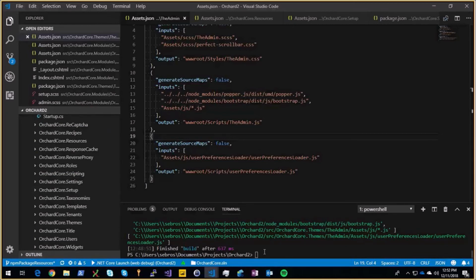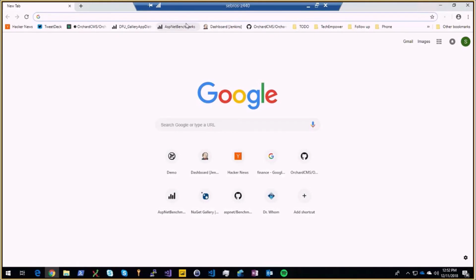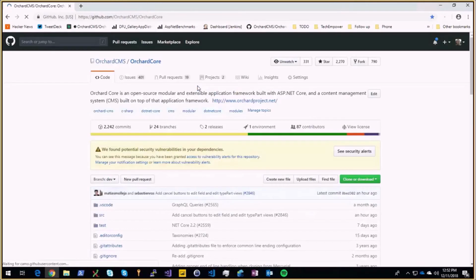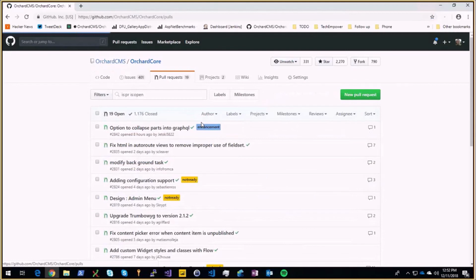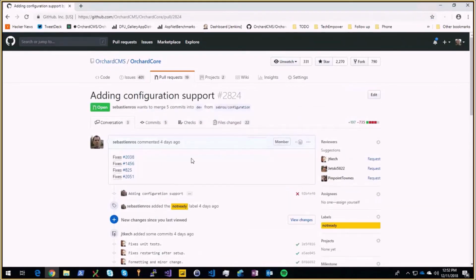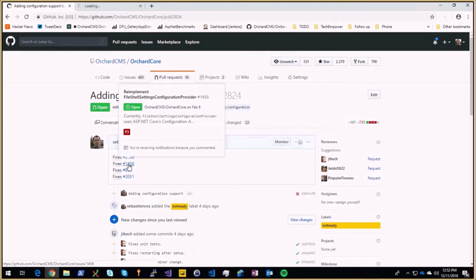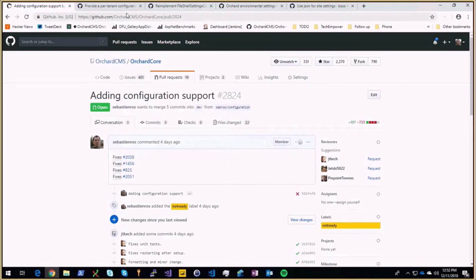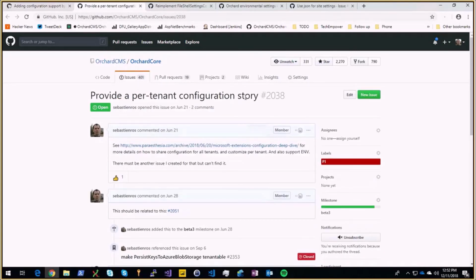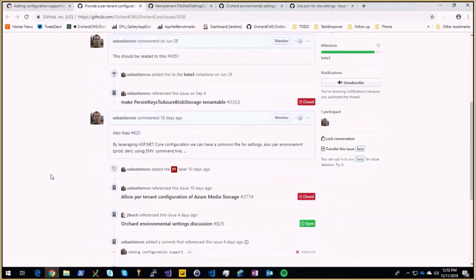Then the other demo was the configuration. Yeah, this one is important. So if I go on OrchardCore, the PR configuration, this one, work in progress, but with already something that is working. Fixes lots of issues because it's a very important feature. Provide a pertinent configuration story, meaning ASP.NET configuration story. And what it's fixing also is